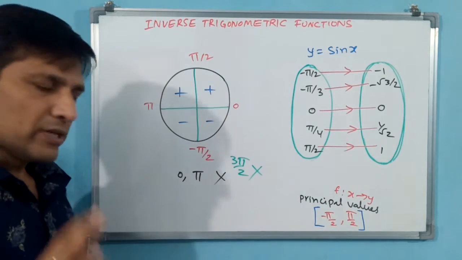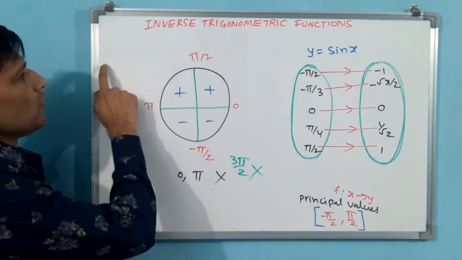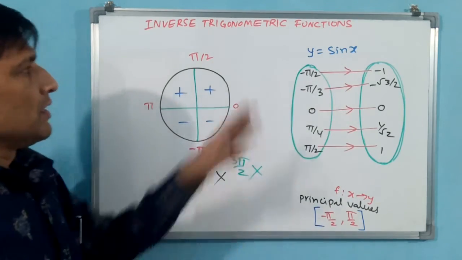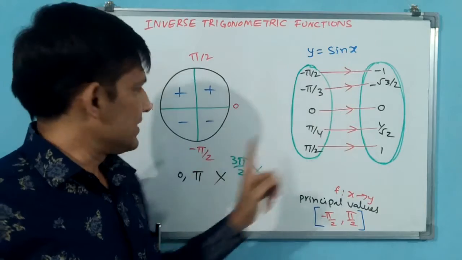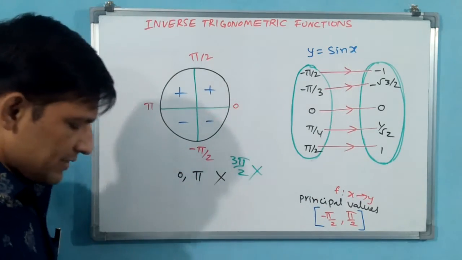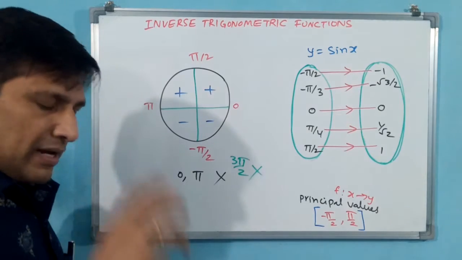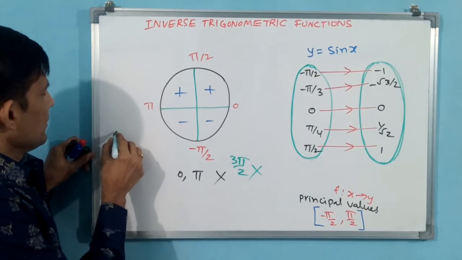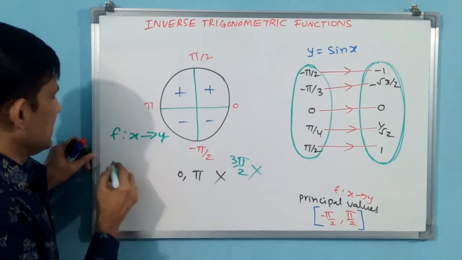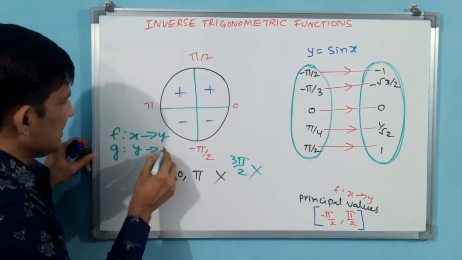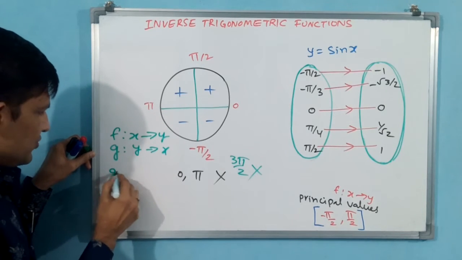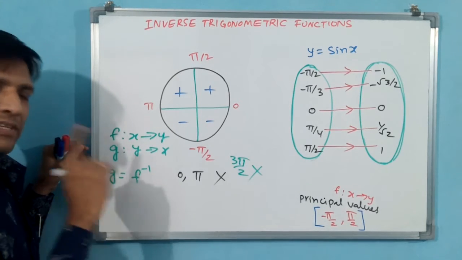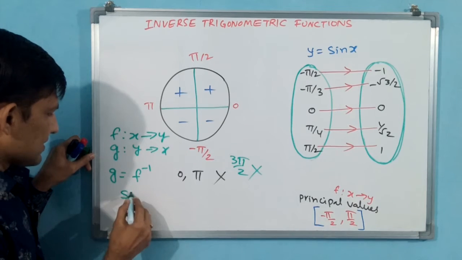Now you understand the sign. Now what we do, we write here sin x domain and range, and sin inverse x domain and range. Before writing inverse x, see the symbol, how to write the inverse function symbol. See, f was x to y, this was the function. g was y to x, this was the inverse function. That means g is equal to f inverse, we were also writing, f to the power of minus 1. Now I am telling, sin x was f.